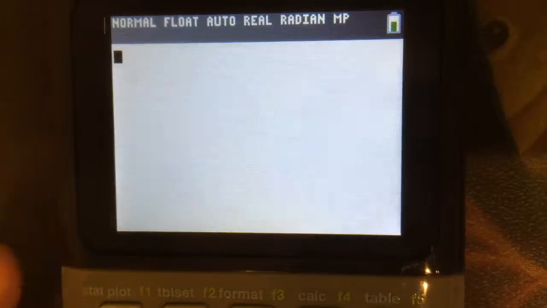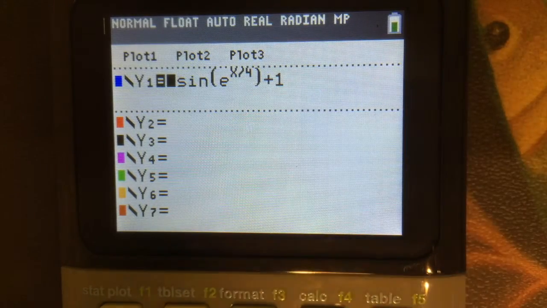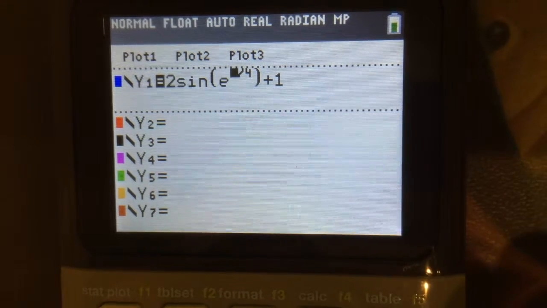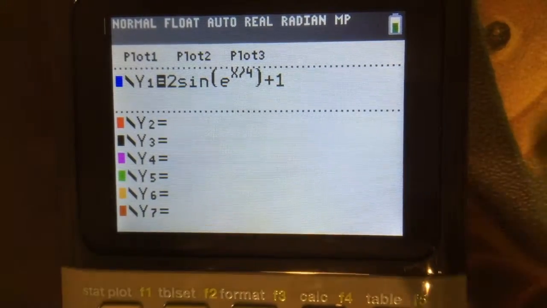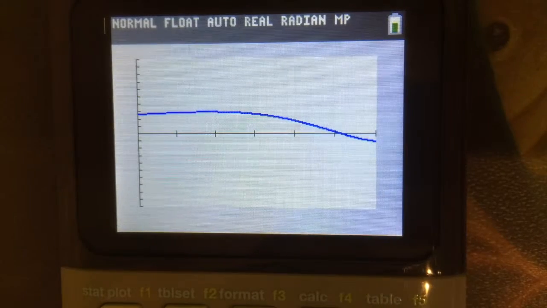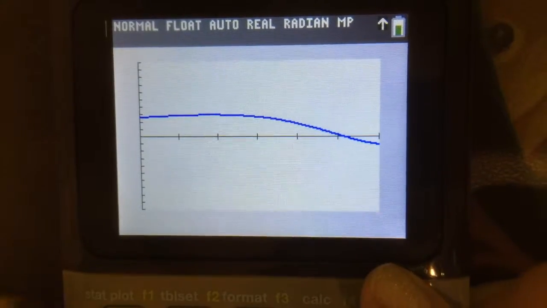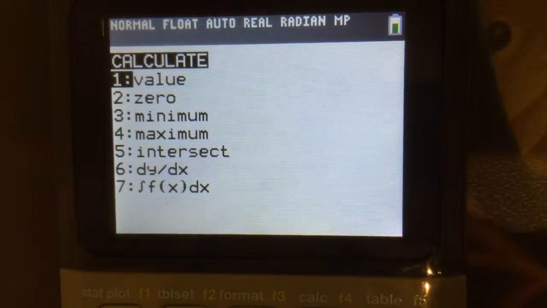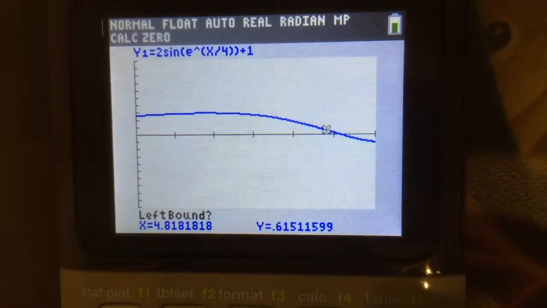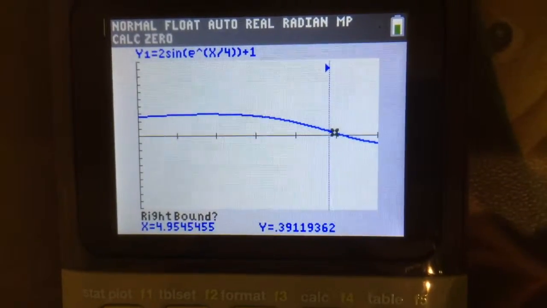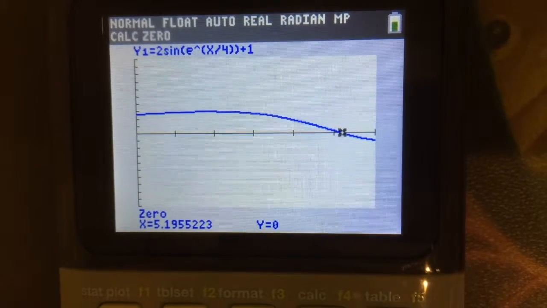14.134, truncated. Last thing I'm going to show how to do on the calculator is finding the 0 of the velocity function. So you're going to, as I've done here, plug in the velocity function into the y1 section, and then click the graph button, and that will give you this graph. And then to find the 0, you're going to hit second and calc, and then hit 0. And then it asks for the left bound, which you put on the left side of where the 0 is, and then right bound, same thing for the right side, and then it says guess, and you hit enter again, and it gives you the 0,